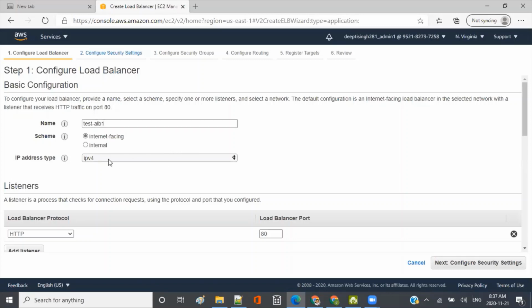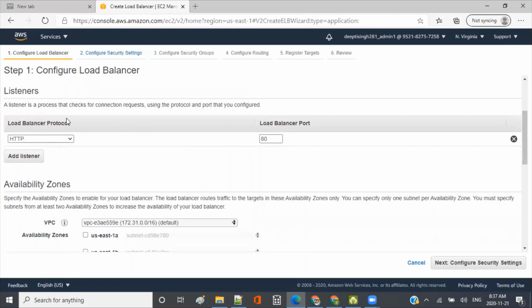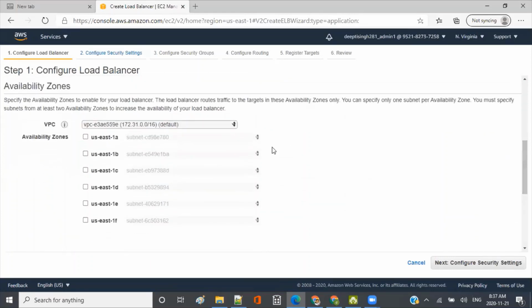Then you can specify IPv4 or IPv6. IPv4 is still the most used. Then you specify the listeners, which port you are listening to. I'm listening for plain HTTP requests on port 80. Then you tell the availability zones. This is my default VPC in the Northern Virginia region, which is my selected region.